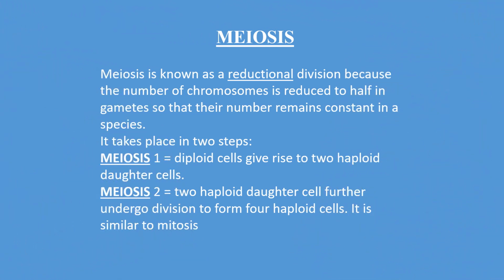Meiosis is that type of cell division which takes place during gamete formation in both plants and animals. It maintains the number of chromosomes after fertilization. It takes place in two steps. In meiosis 1, the chromosomes divide into half, that is, they become haploid from diploid, hence meiosis 1 is called reductional division. But in second division, chromosomes do not further divide, so the four daughter cells which are formed at the end are all haploid.